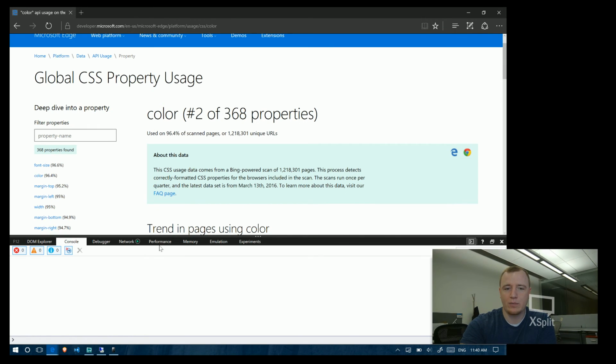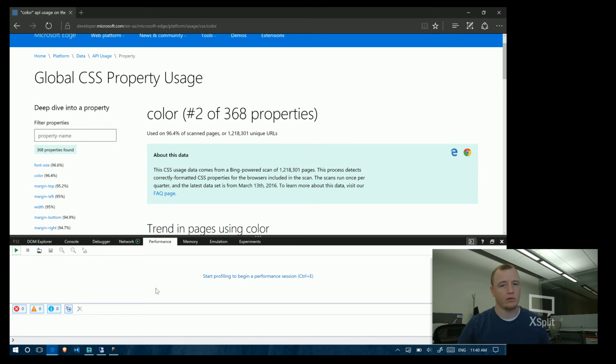One of the dev tools that we're going to be looking at is the performance one. So this is the one that I just mentioned on Twitter that we're going to go through and actually figure out how to use. Just as the name suggests, this is about measuring the performance of the page. So the scripting, the CSS, all of this stuff. And I'm going to go ahead and close